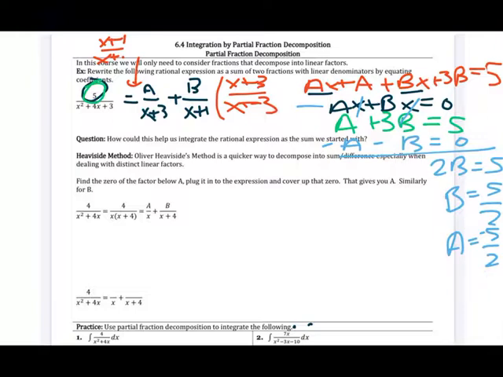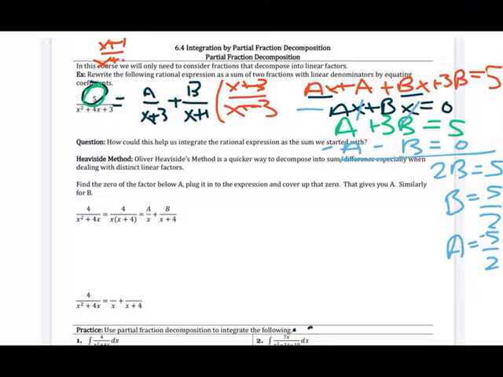Which means that we could rewrite this whole expression. I'm going to just go back and edit this so I have a little bit more space. We could rewrite this whole expression with 5 over 2 in the numerator for both a and b, or with 5 over 2 in front. Since we're likely going to use this to integrate, I would recommend putting 5 over 2 in the front, since it is the same for both a and b. And then I would change this to be a minus sign. But you could write 5 over 2 over x plus 3 plus -5 over 2 over x